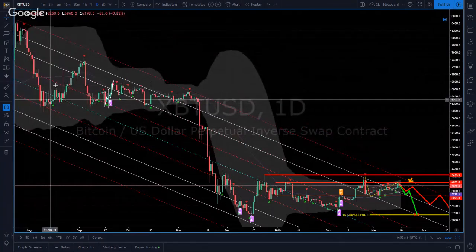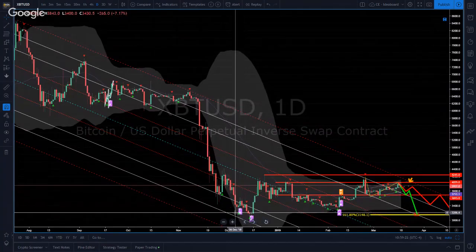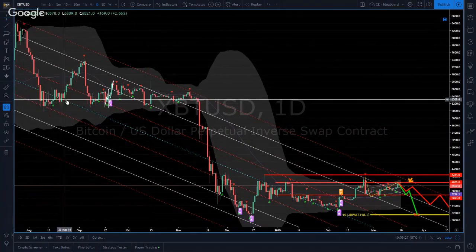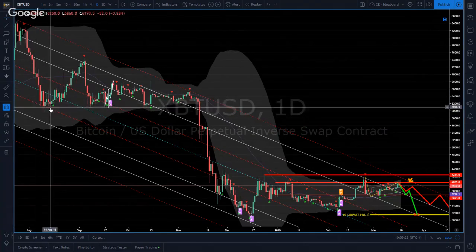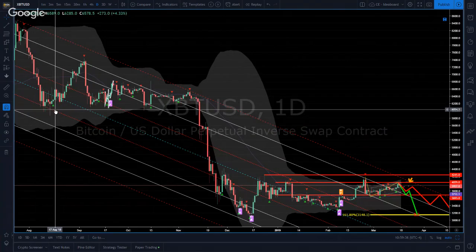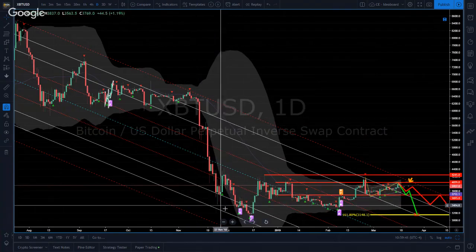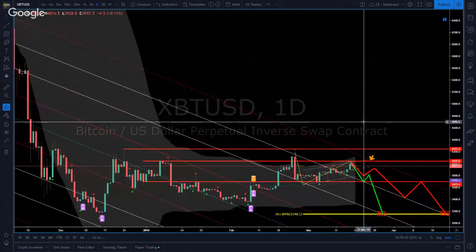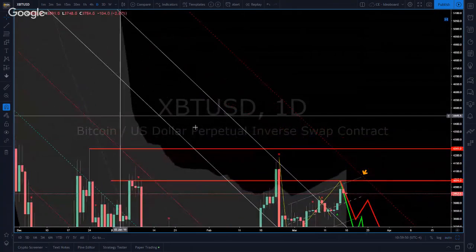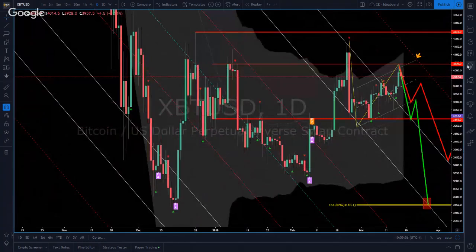So we had our rejection and some consolidation. And then down here, we had our rejection, which actually brought us lower from a channel perspective, right? So here we had our rejection at the 50% or our median line, and it went down just a little bit more to about 23 to 25% outside of that median line. However, when we had our rejection here, this took us a lot deeper, right? So let me go ahead and zoom in here. We went a lot deeper than we originally did when we had our first rejection where we actually created this channel. So again, the cyan line, this is our median line.